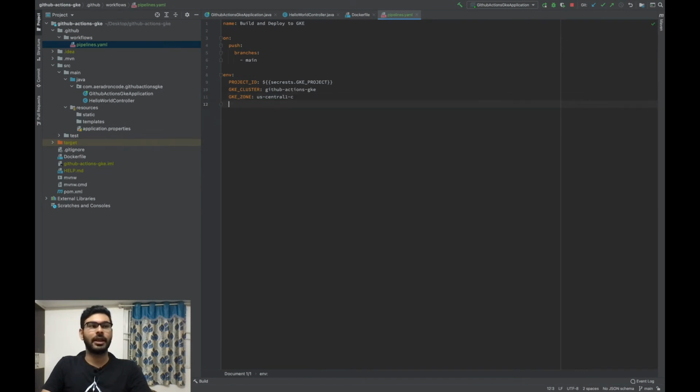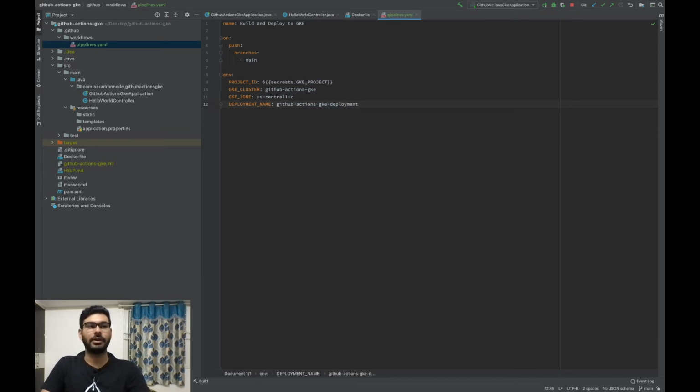So the next is the deployment name. The name of the deployment that you need. So the name that you want your deployment to be. So for our case, it will be GitHub Actions GKE deployment. You can name it anything you want.